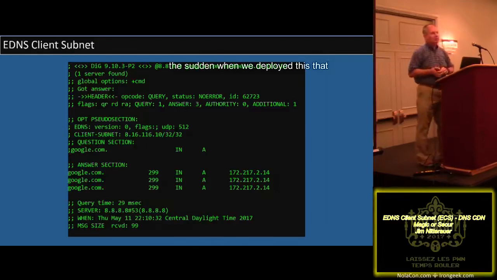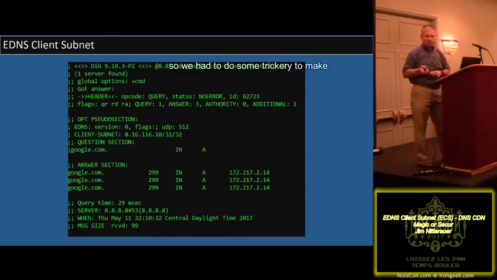We noticed all of a sudden when we deployed this that Disney would quit responding to queries. They thought the data was malformed, so they weren't following the RFC, and we had to do some trickery to make our queries get through to them without sending the client subnet data. But if you get the data at your server and you don't support it, you're supposed to just ignore it and move on.